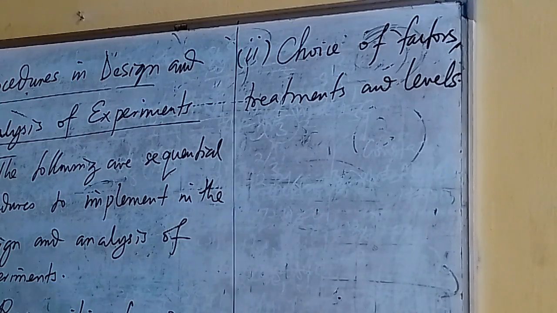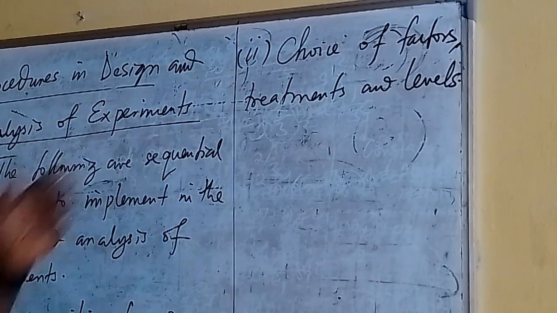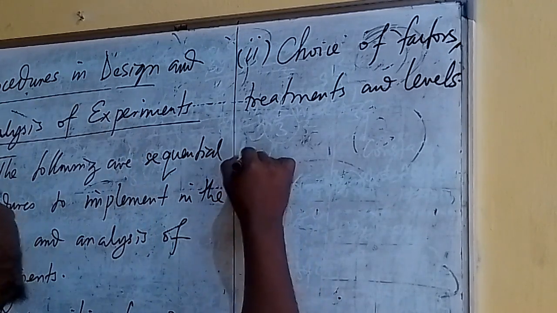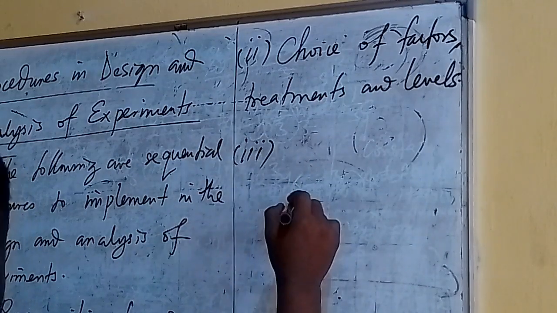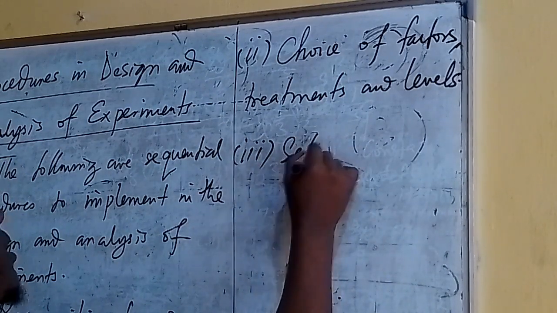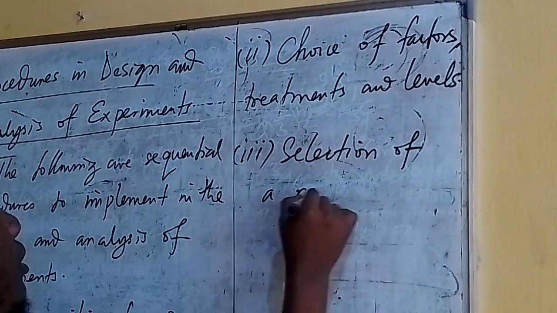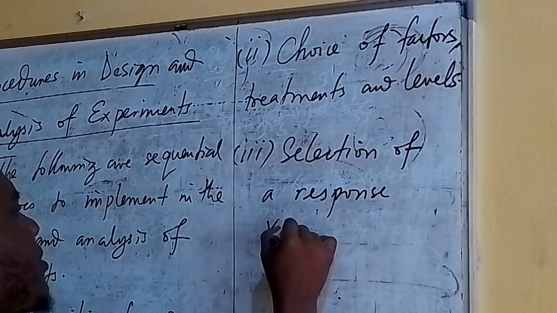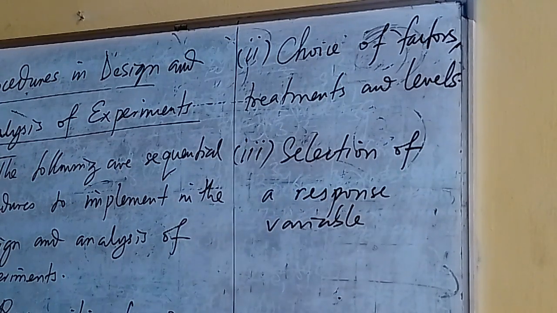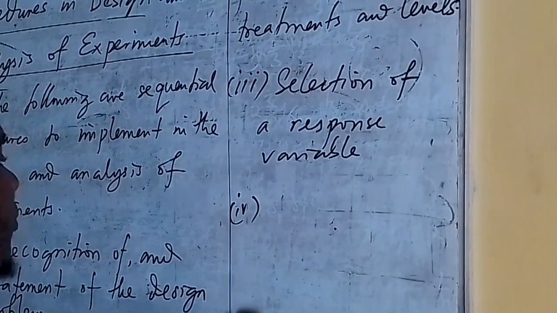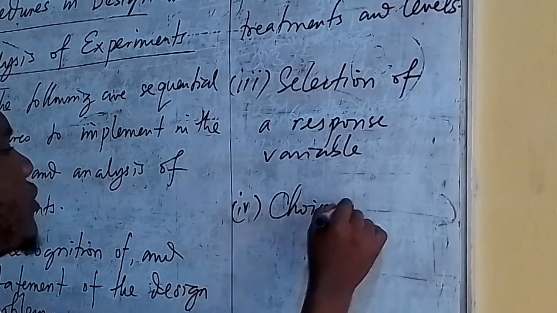The next thing is, once you are able to recognize and state your problem, your choice of factors, you must be able to tell what should be the factors, what are the treatments, and what are the levels. The third thing that follows after that will be to be able to select your response, what we call a response variable or a response. So you must be able to select a response variable. Number 4, you must be able to choose a suitable experimental design. So, choice of suitable